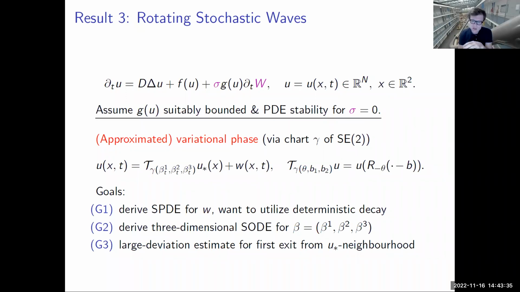And the noise should act basically on these three-dimensional phases. So we define a marker quantity where we look at the normal rotating wave profile U star of X, and then we apply the group, but we apply the group at a certain set of parameters of the group. And these parameters are evolving. So basically, we are doing the same construction as before, but now we are parametrizing not by a scalar, but by three variables that represent the three-dimensional directions of SE2, the special Euclidean group.